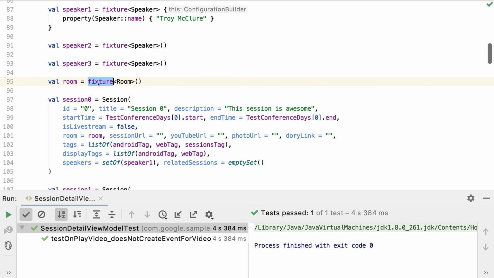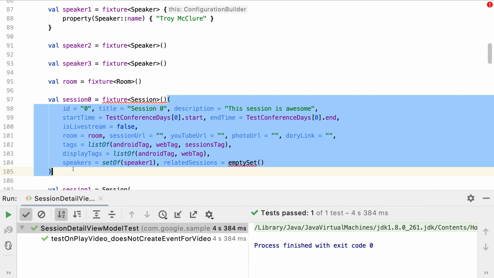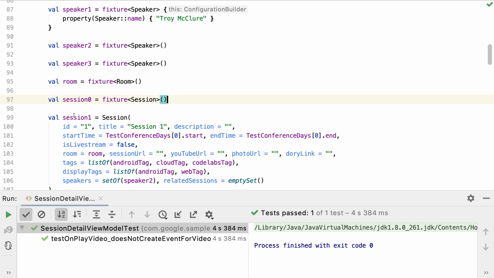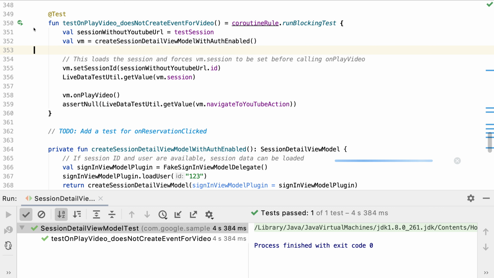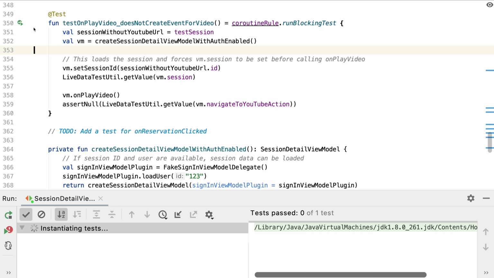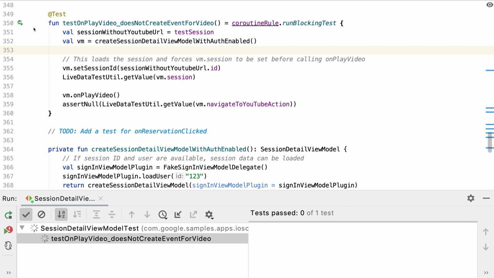Let's start by using a fixture to generate the session object. And rerunning, the test fails as the YouTube event is returned as our constraints are incorrect.